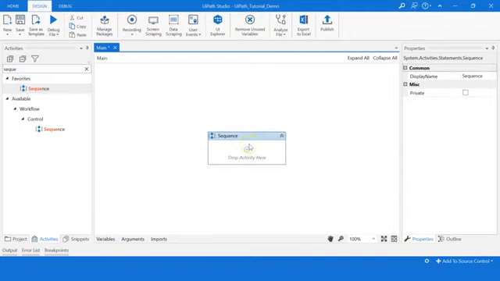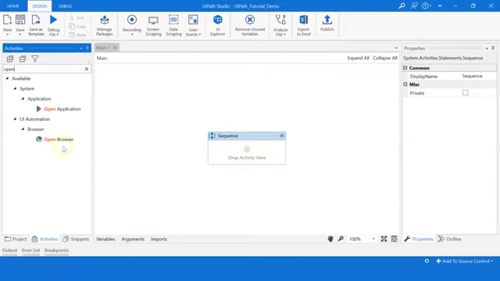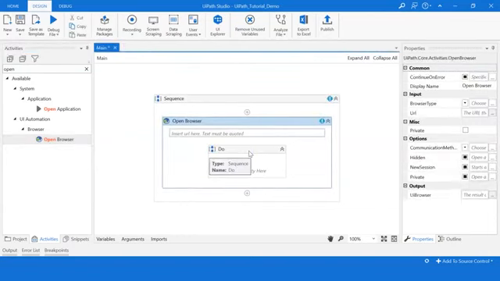After that, I need to open the website in a web browser. So for that, let me search for another activity called Open Browser. Under activities, I look for Open Browser, and I'll drag it onto the sequence itself. Now it is asking you to insert the URL of the website and it must be within double quotes.